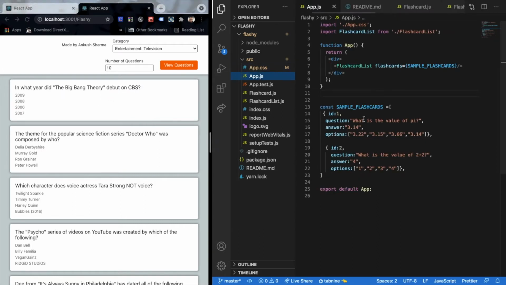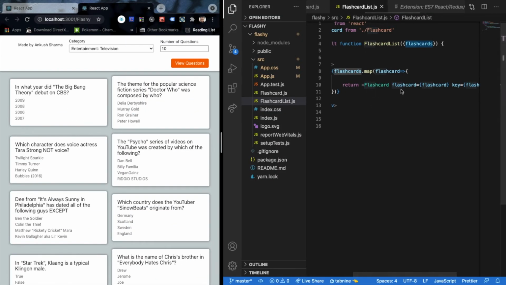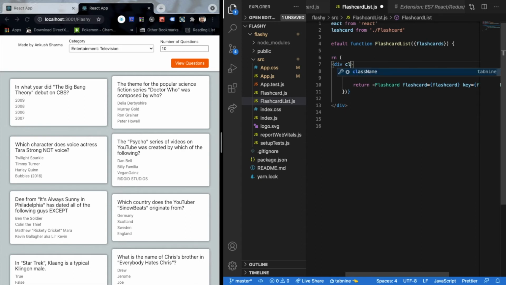So let's go back to our app.js. As I said, the first thing that we need to ensure is that every card is present in some sort of container. So I'll initialize the class name over here to be container. Now this container is ready. Let's move to our flashcard list. And here it is needed that our list should be present in some sort of grid structure, as I just mentioned. So we have already specified a class for that. If we move over here in the class name, let's specify this to be card grid.